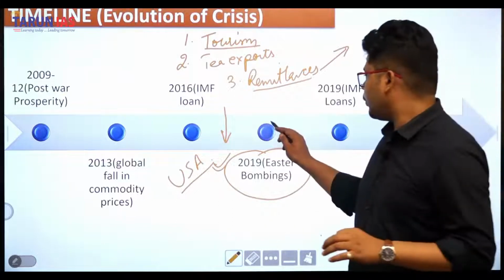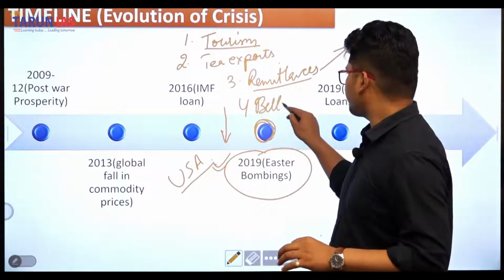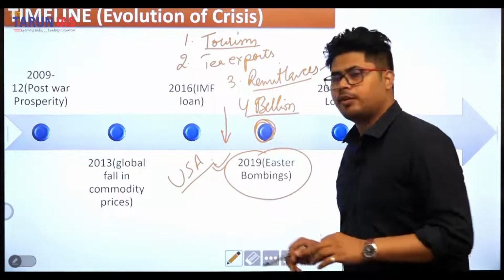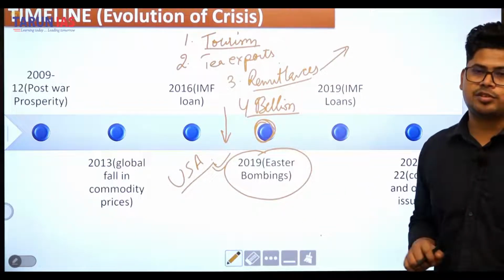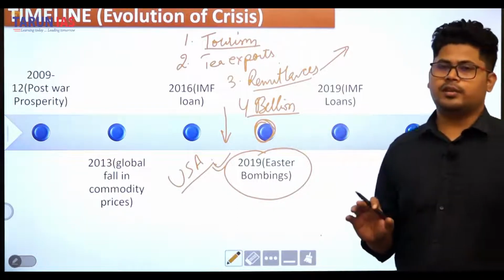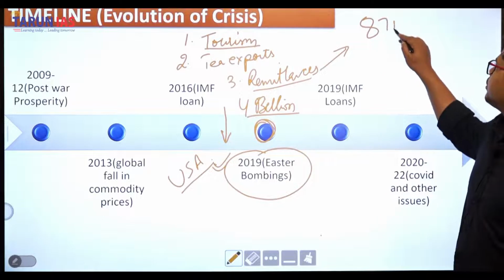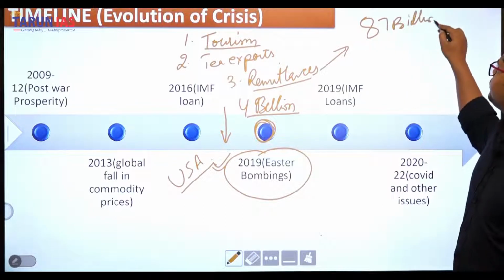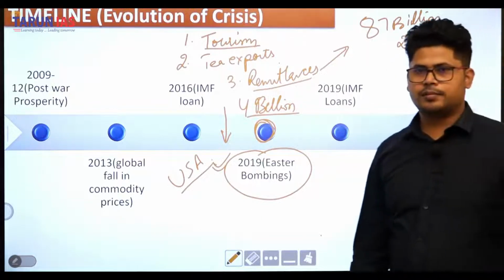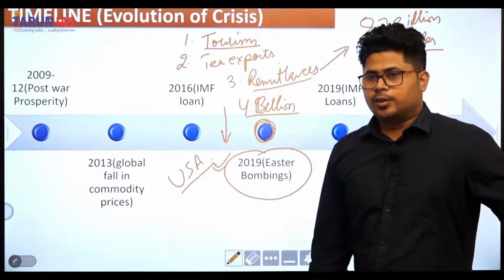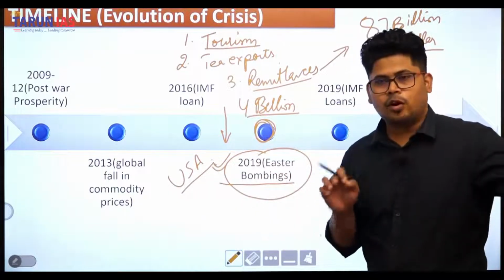Until 2019, the tourism sector brought $4 billion per annum. It was at its peak just before the 2019 Easter bombings. The whole economy of Sri Lanka is valued at $87 billion. Okay, $87 billion. I hope you understood that as soon as the Easter bombings took place, what happened was